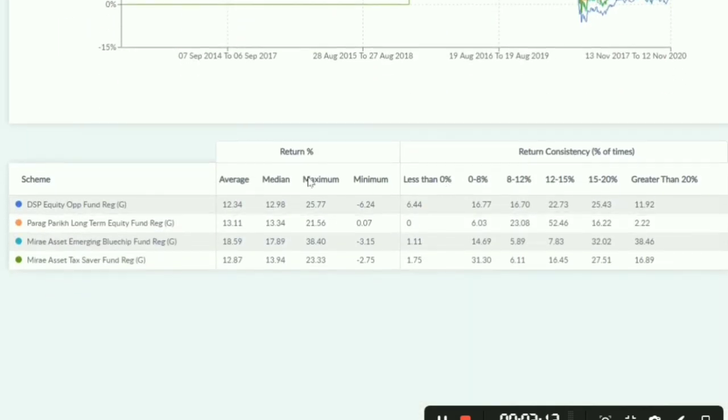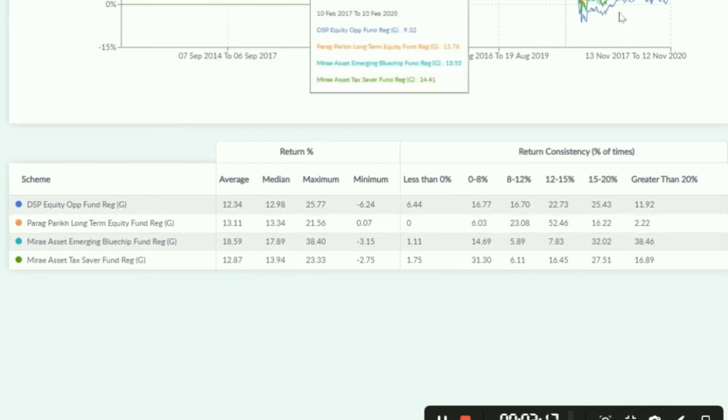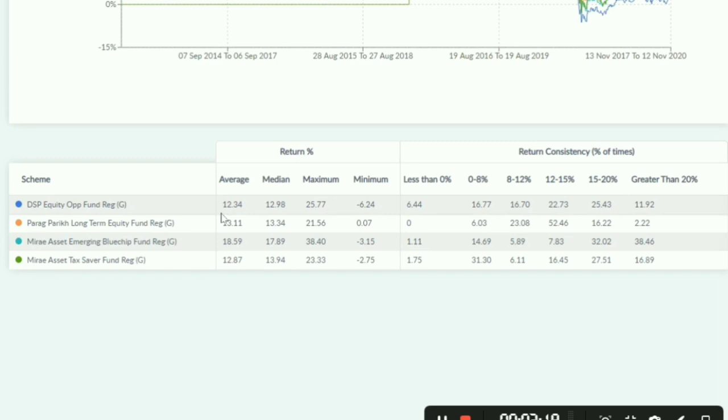So let's put it in a tabular format. The return percentage is the average of all these 3-year returns. The average for DSP is 12.34, PPFAS 13.11, Mirae Asset Emerging Blue Chip is 18.59, Mirae Asset Tax Saver 12.87. So on average, you see Mirae Asset Emerging has been good, but you also have to check